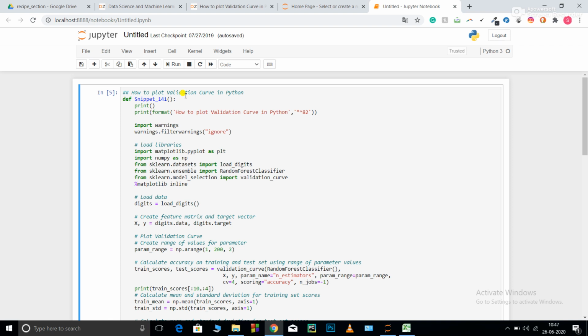But this doesn't justify the robustness of your model. In the real world there are cases where your model performs very well on the training data set, but when you give it a new data set that it has never seen before, it performs very poorly. So how to deal with that?